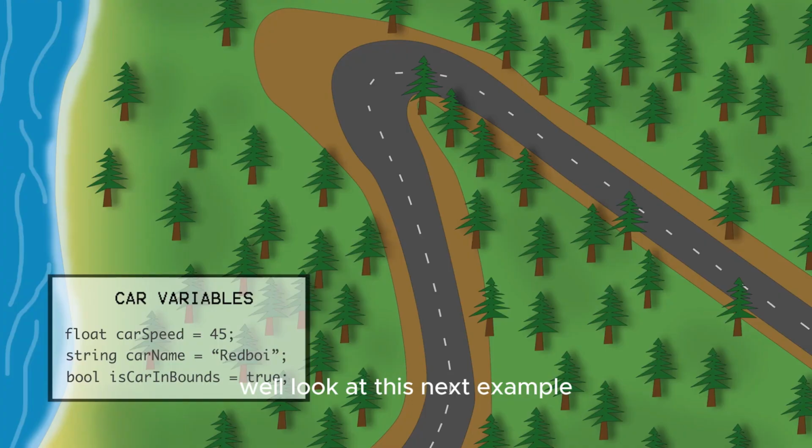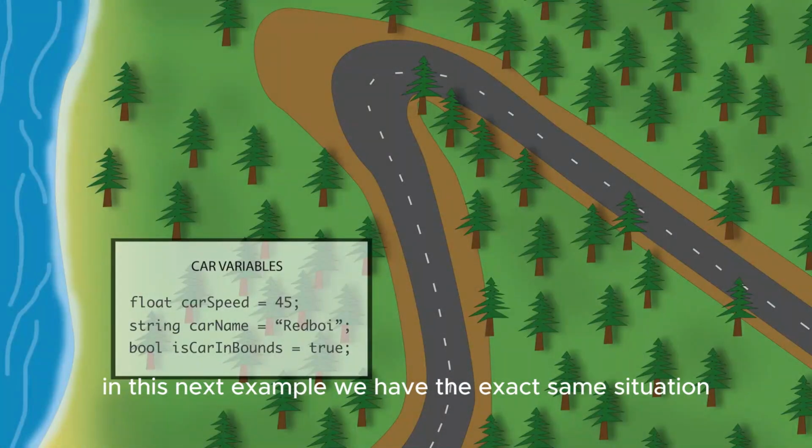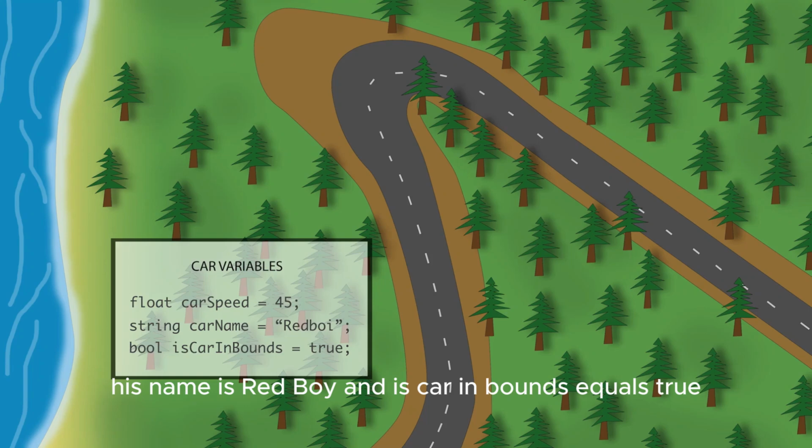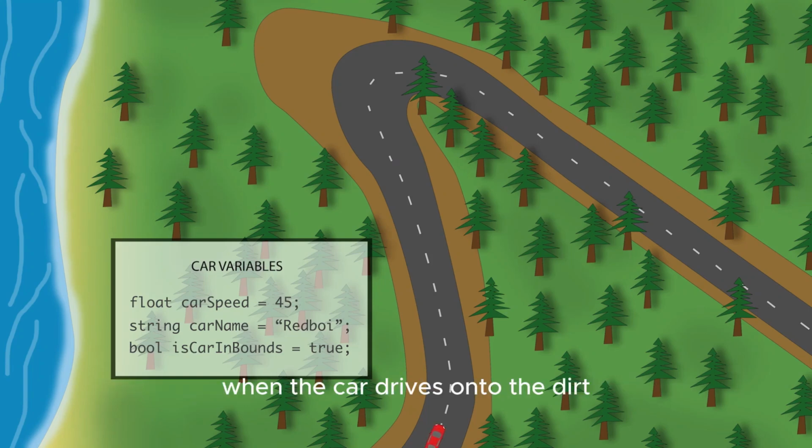But how do variables actually work to affect the gameplay? Well, look at this next example. In this next example, we have the exact same situation. The car is traveling at 45. His name's Red Boy. And is car in bounds equals true. But let's see what happens when the car drives onto the dirt. Watch the float car speed variable. It's 45. Car speed goes down to